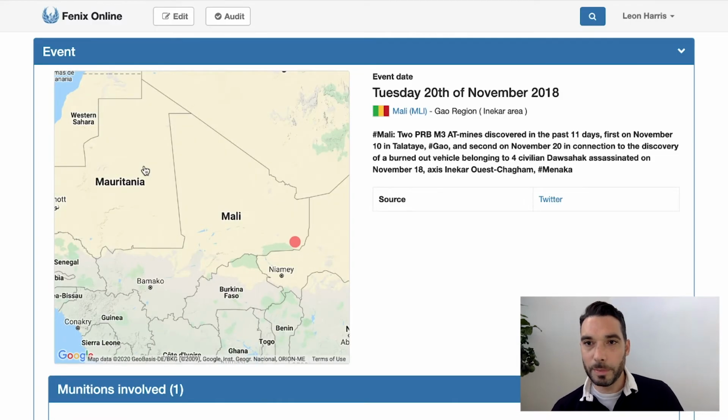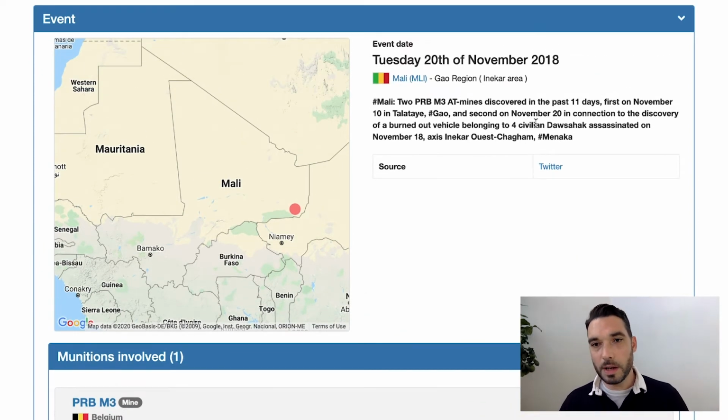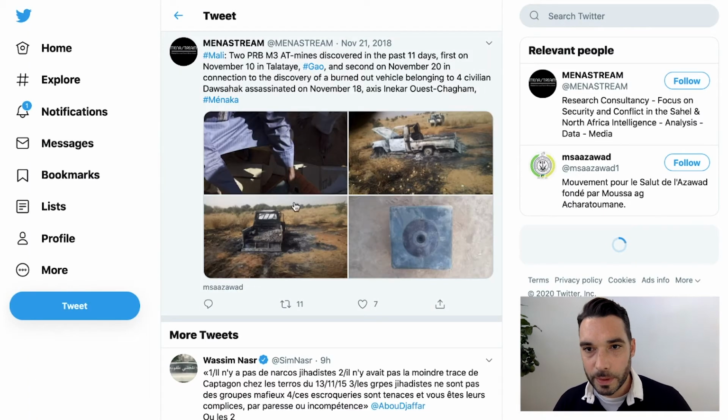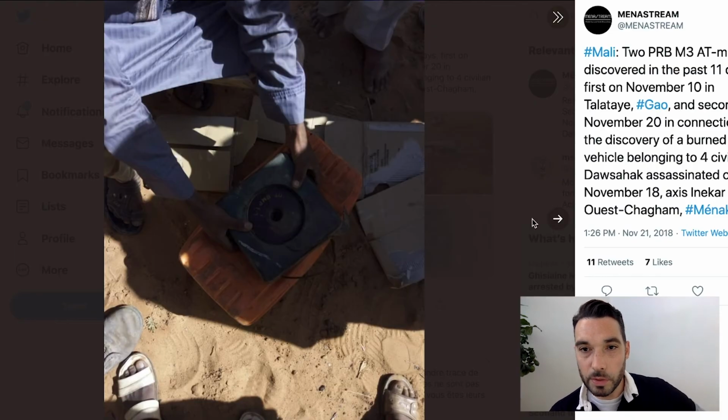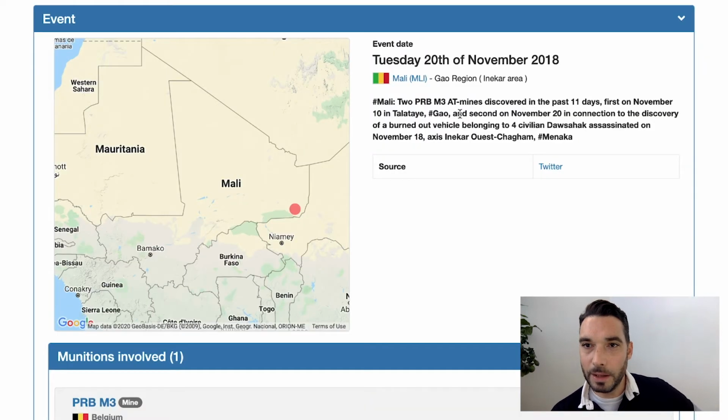This one's on the border of Mali. You can see that what's happened here from the description is that these items have been recovered from a vehicle, which wasn't a victim of them. It was recovered from a vehicle which was found burned out. So it looks like these items are being transported. We have a look at the news source for that. Yeah, that's PRB M3 there, very clear image of one there. So we can say with a pretty high degree of accuracy that that was at least reported in this area